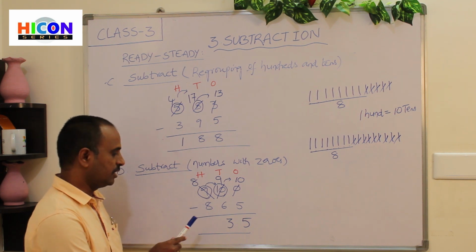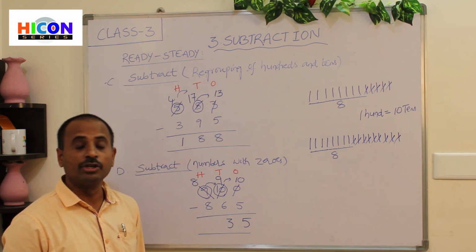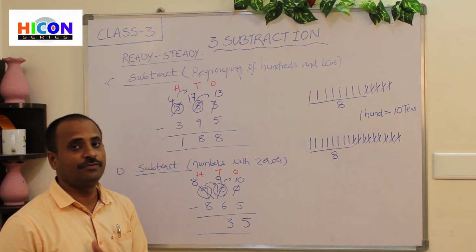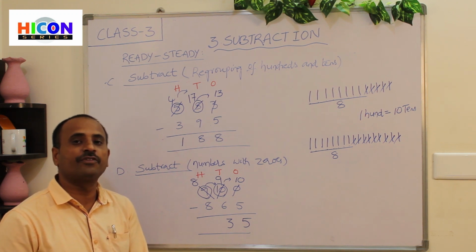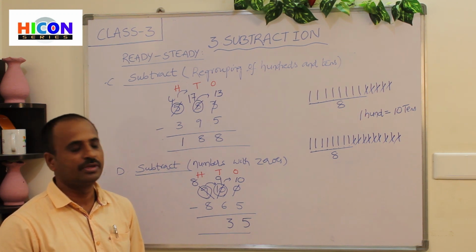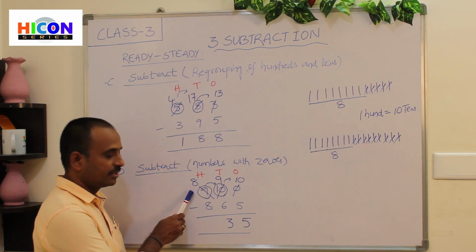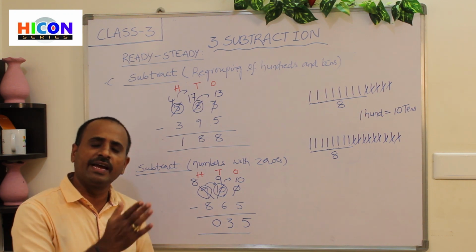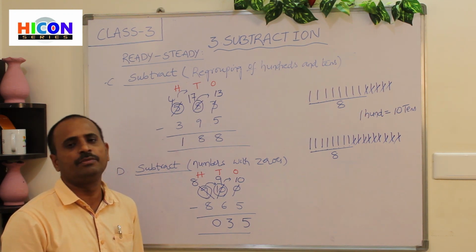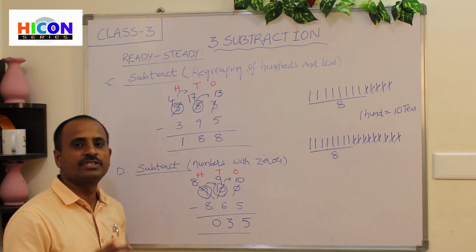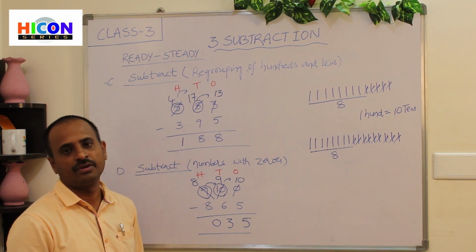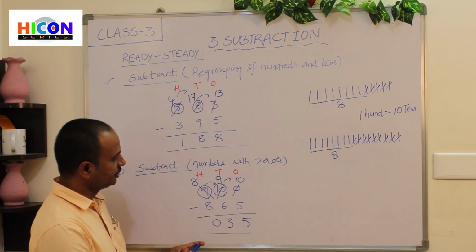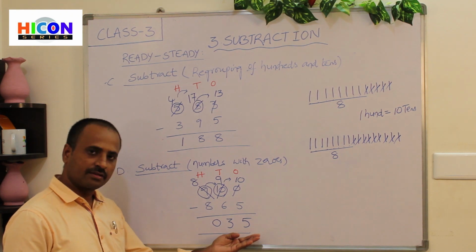8 and 8. So subtract 8 from 8. Do you remember the subtraction facts we have learned in the second class? What is the subtraction fact? If any number is subtracted from itself, the answer becomes 0. Here 8 is subtracting from 8, then the answer will become 0. If you take away 8 objects from the 8, how many objects will be there? Nothing, 0. So if you subtract any number from the same number, the answer becomes 0. So write 0 under hundreds place. So the answer is 35.